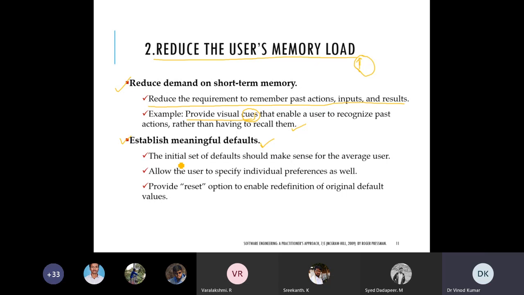The initial set of defaults should make sense for average users, those who do not know. Allow the user to specify individual preferences as well, and provide reset options to enable redefinition of the original default values.